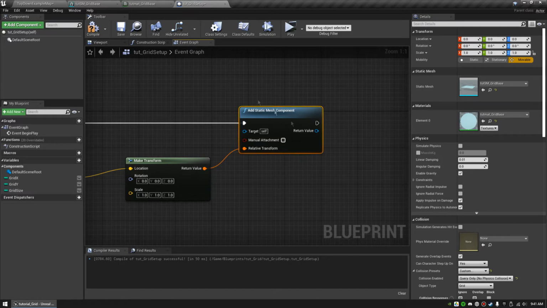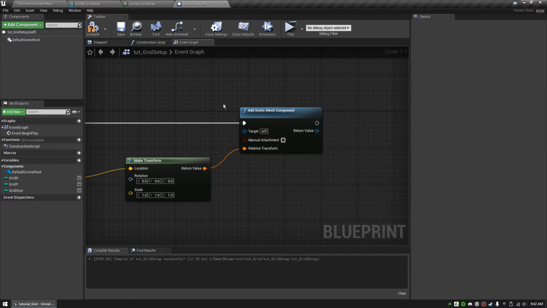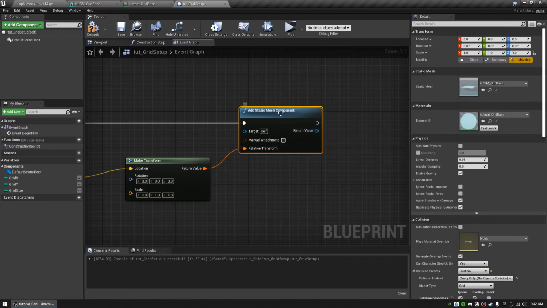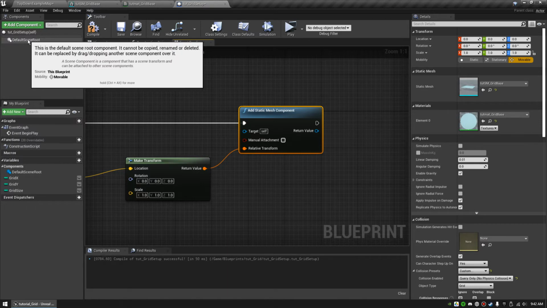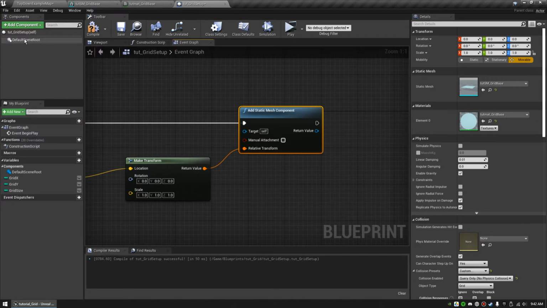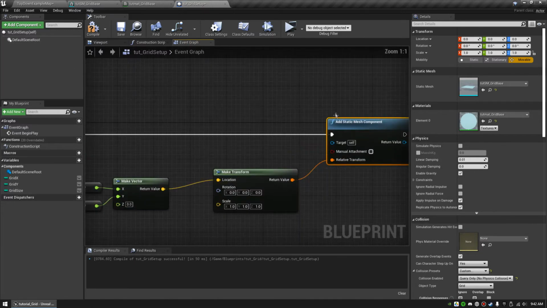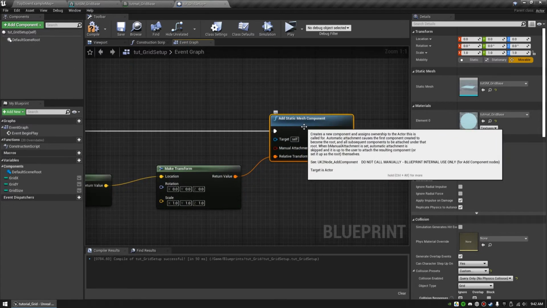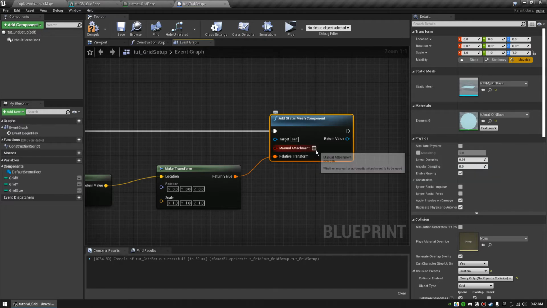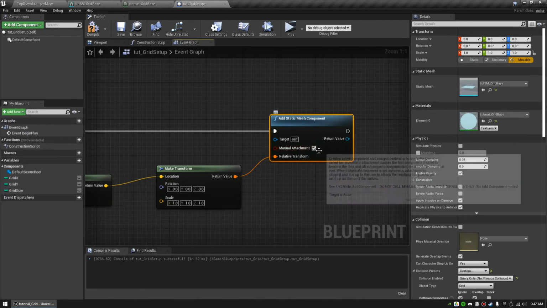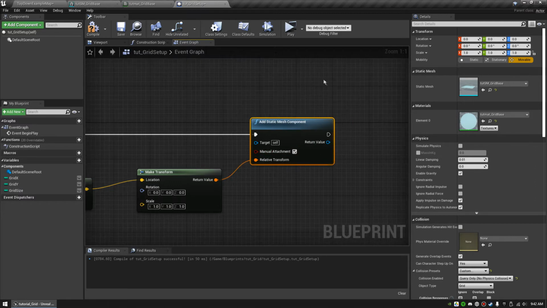So finally, we want to make sure that manual attach is off. That way, every static mesh component that gets created will be immediately parented to the default scene root. So when we move this actor, it will move all of the attached static mesh components. If we set this to true, the static mesh components would spawn initially in the correct place, but then when we tried to move the actor